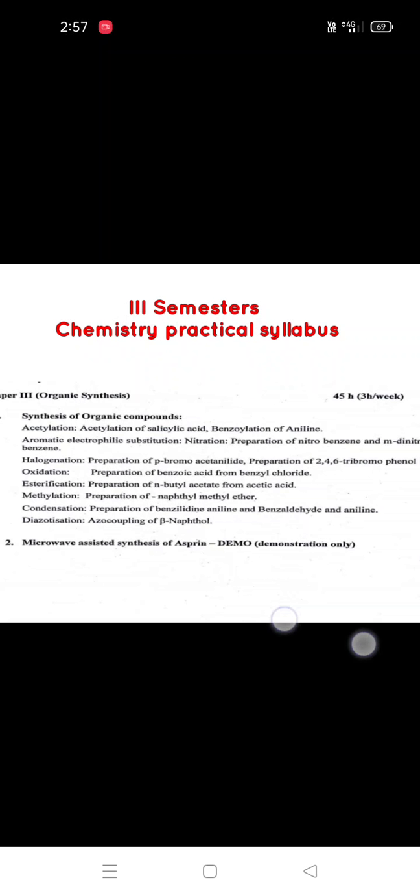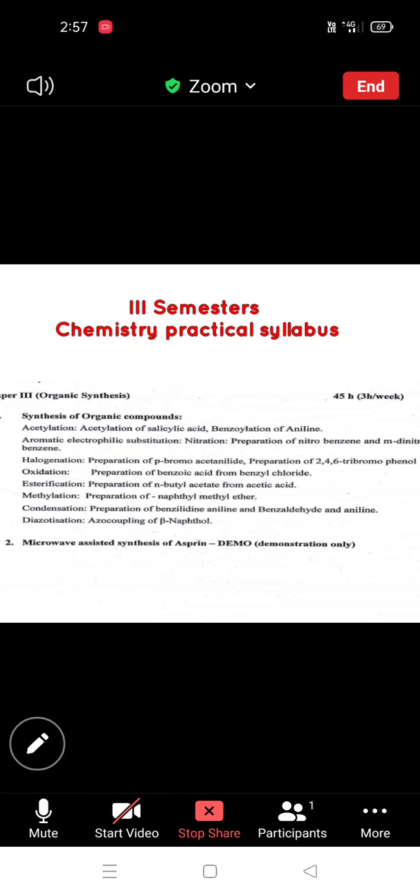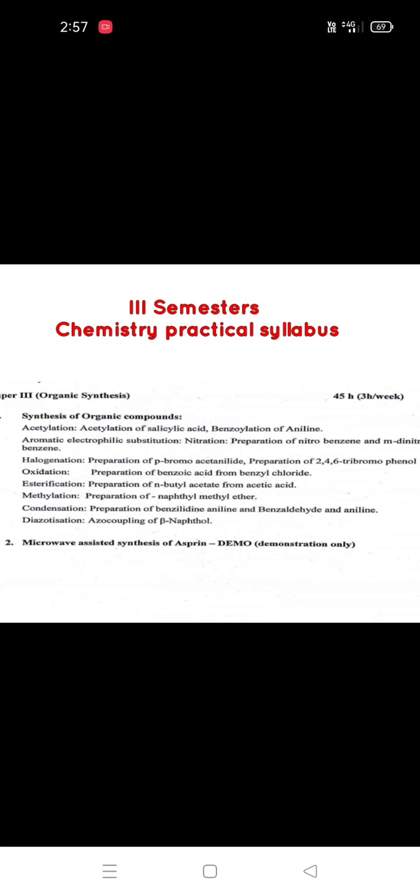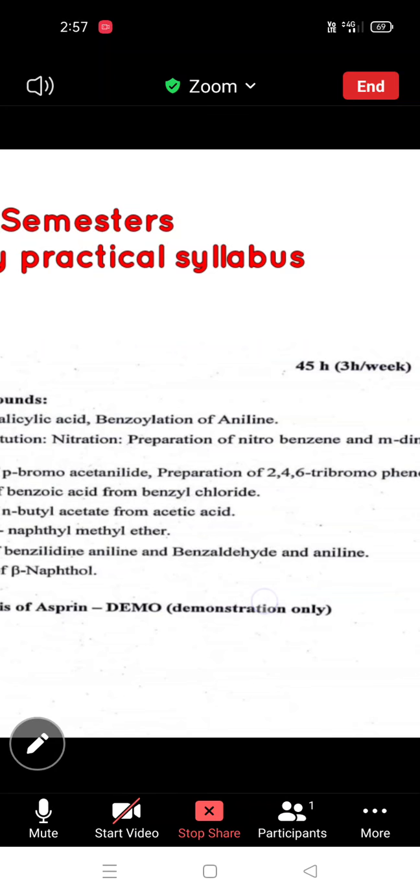Next, oxidation: preparation of benzoic acid from benzyl chloride. This is the oxidation process. What is happening? The chlorine will change to OH minus and oxidation gives benzoic acid. Then esterification, preparation of n-butyl acetate from acetic acid, and methylation of naphthol to give naphthyl methyl ether, condensation, preparation of benzylidene aniline, diazotization,